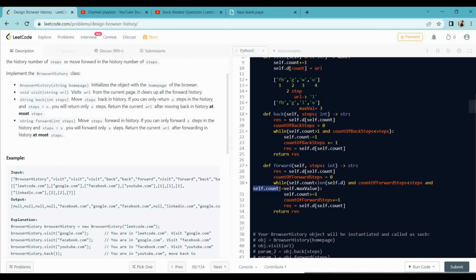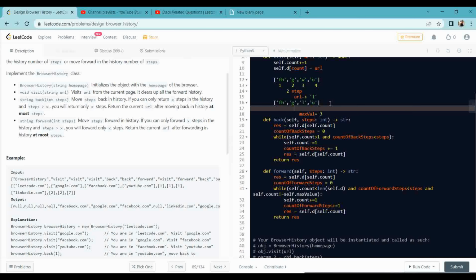So what will it tell? Assume that my current pointer is here, because when I have inserted LinkedIn, my count variable will be 3. Now I need to move one step forward. If I do not maintain the max variable, my logic is self.count less than the length of self.d, so this will be 3 less than 4, and it is correct, I can move. But when I apply the condition self.count does not equal self.max variable,